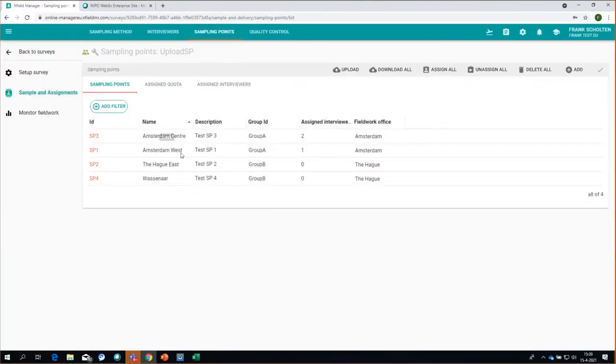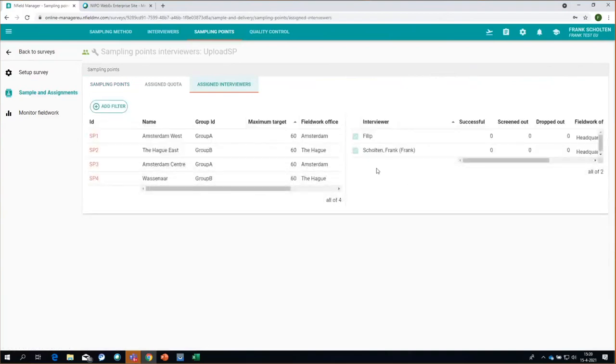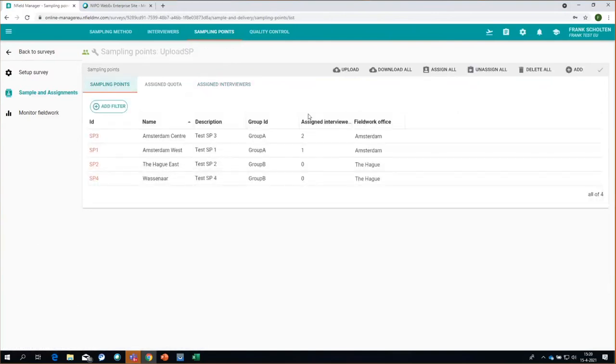Okay. So assigning, if I want to know which interviewers are exactly assigned, I can click on assigned interviewers, and it will tell me which of those interviewers are assigned. If I want to know the assigned quota, here is a very nice feature, one that is missing from the Classic Manager. If I click on assigned quota without having a sample point,